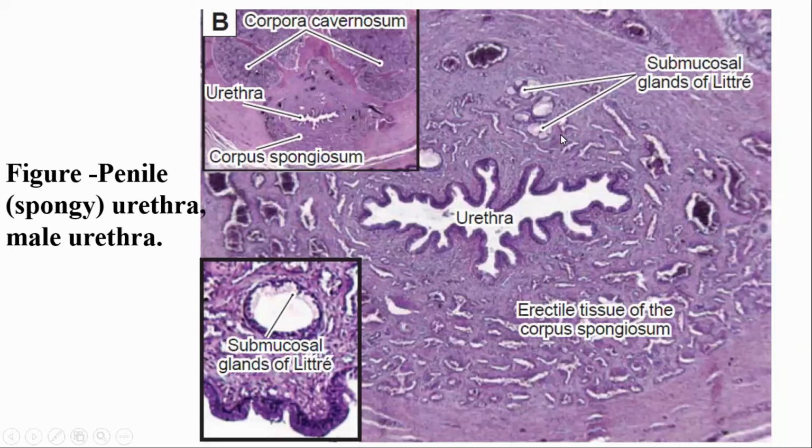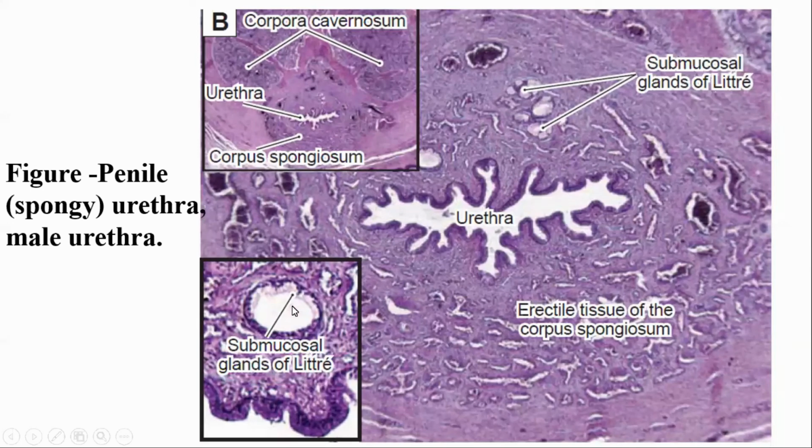So the penile or spongy part pierces the corpus spongiosum of the penis. Right? So the spongy or penile urethra lies inside the corpus spongiosum. These are the 2, 1, 2, and 3. These 3 are the erectile tissue of the penis. So only inside the corpus spongiosum is there the penile or spongy part of the urethra, right? Not in the corpus cavernosum. Only in the corpus spongiosum.